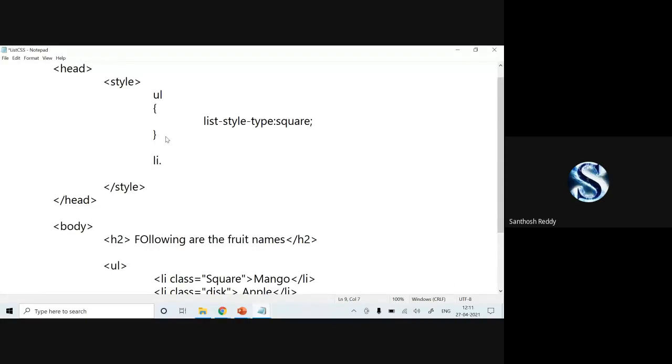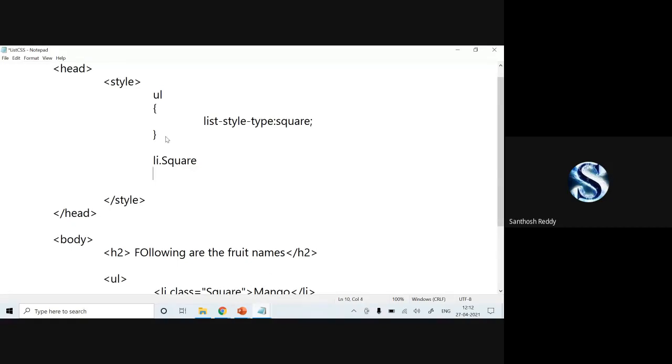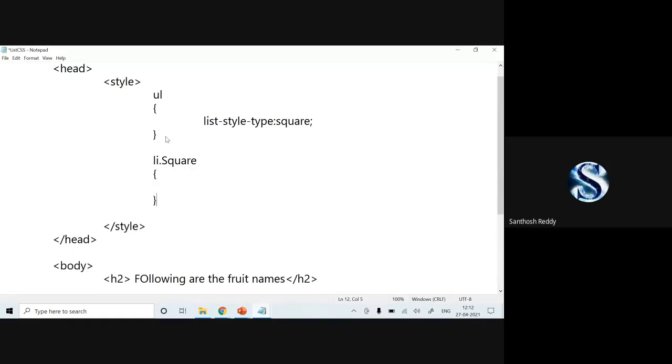Now what I will do here: li dot square, open my braces. In this I'll specify list-style-type colon square.